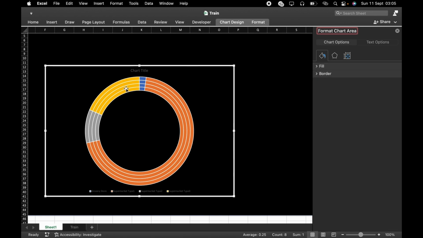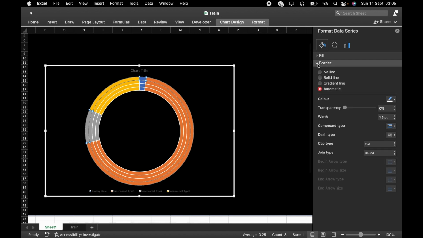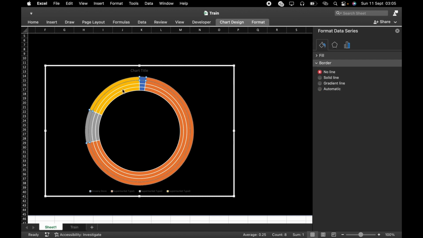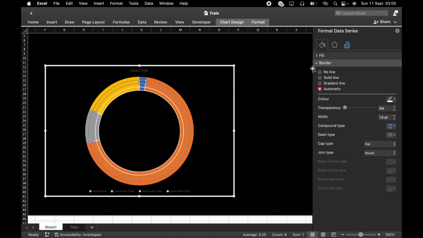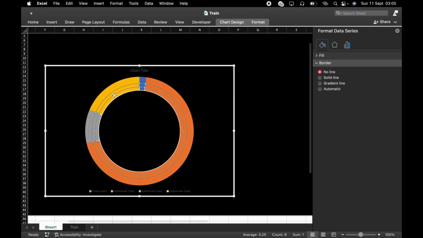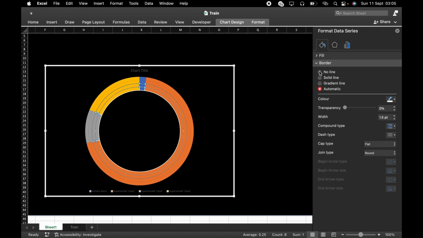What I want to do next is remove the white in the middle of the chart. I'll click on it once, go to Border, No line. Click on this one, no line, click on this one, no line,